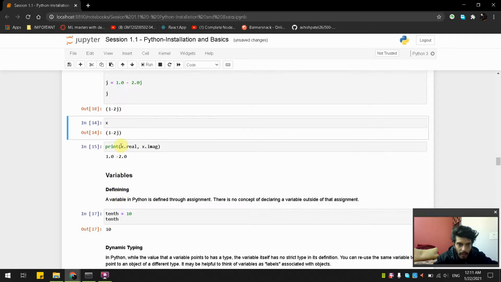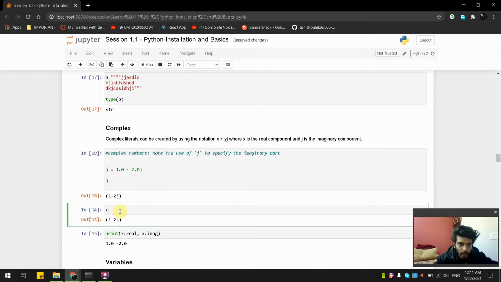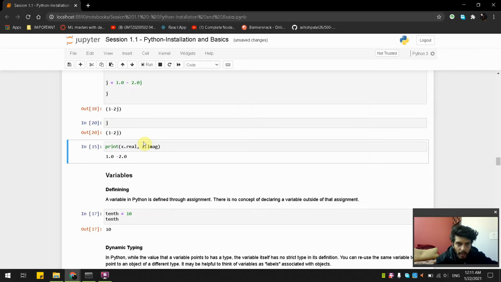Now I can also print the value of j here. j is our complex number, and we can also write the real and imaginary values by j.real and j.imag.